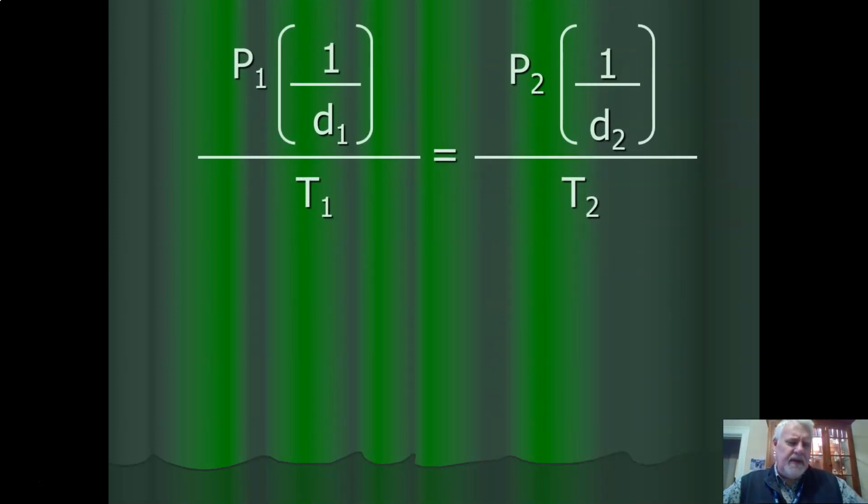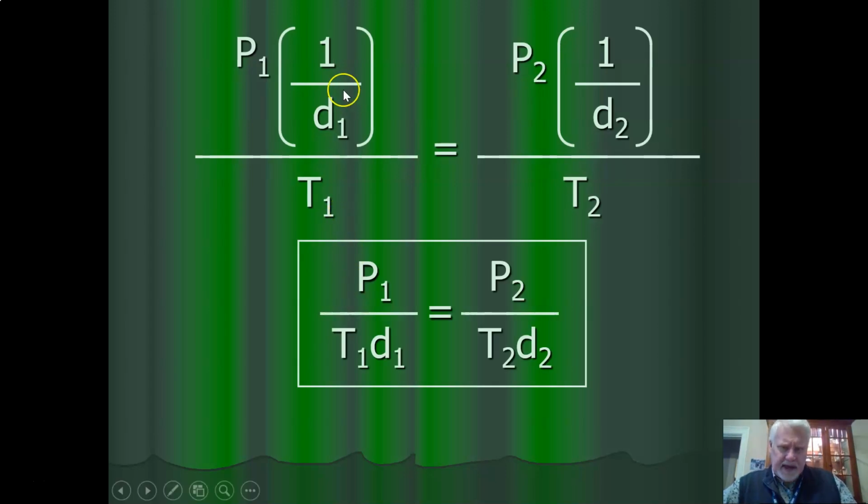So that is not considered a very clean way of writing a formula. If you have 1 over D1, you can multiply both the top and the bottom by D1. So if you multiply this by D1, those are going to cancel out. So then the D1 is essentially on the bottom of the equation here now. Okay, so same thing here, D2, those will cancel out, multiply the bottom by the same thing, D2. So inside the box here